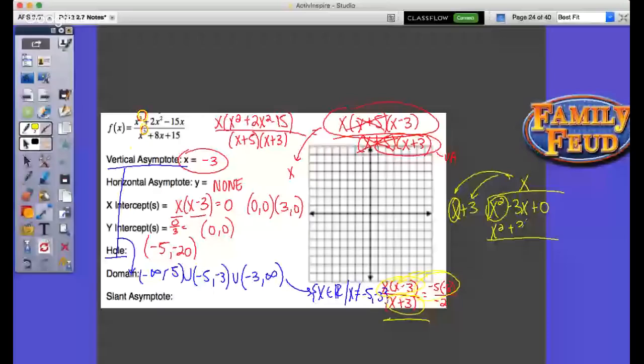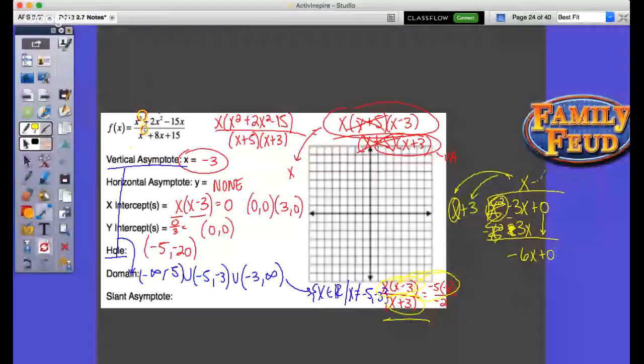So we change the signs of both, giving me negative 6x plus 0. What times x equals negative 6x? Well, that would be negative 6 here. And then I multiply it to both parts. So that's negative 6x minus 18. But we know that as we roll here, we get a remainder of 18. We drop the remainder because the x minus 6, which is the slant asymptote, is what we would put there